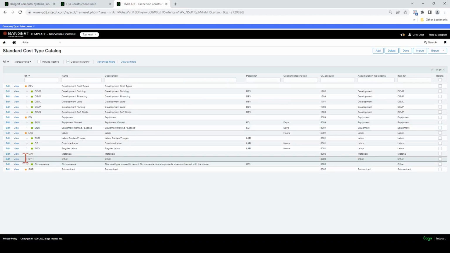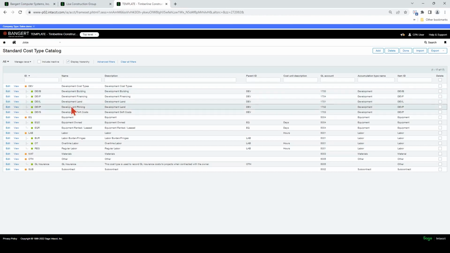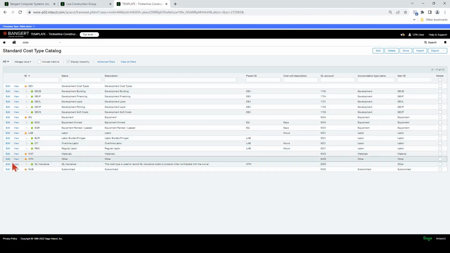Now it's under my other accumulation type, or category, in other words, and GL insurance is listed under that. But you can make, like I showed you, GL insurance a sub cost type of something else, like one of these other green cost types. Okay, so let's go back into it.